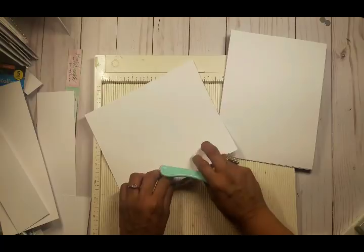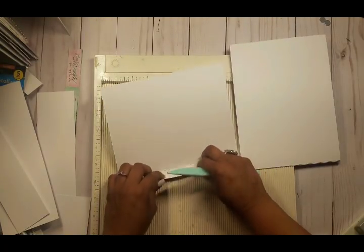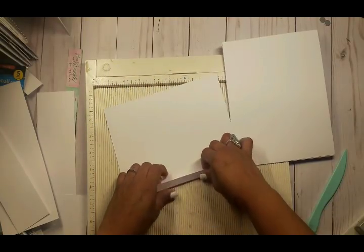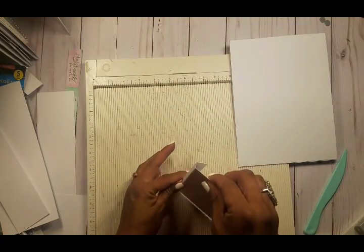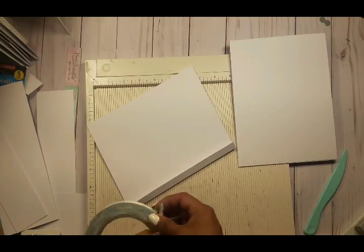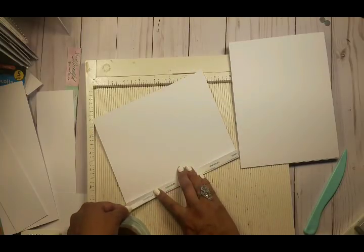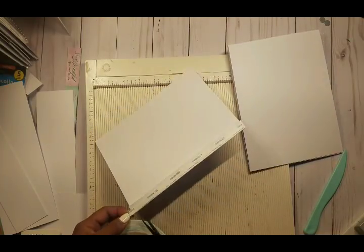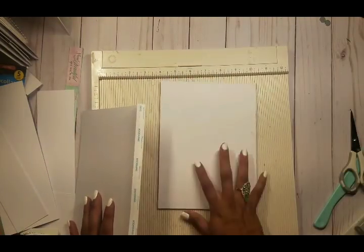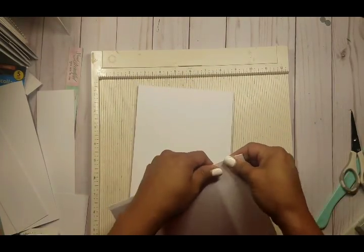So just like so, and then I'm gonna fold this along both of these score lines, just like so. And what I'm trying to do here is add this little gusset, just a little dimension, because I'm going to be doing a waterfall inside the page. So I'm going to add my double-sided tape here on the first 1/2 inch little flap, and now I'm gonna hold my page and I'm gonna add this on the left side. So for now you can keep it flat,